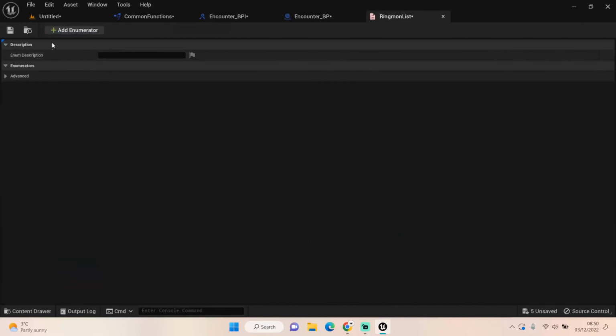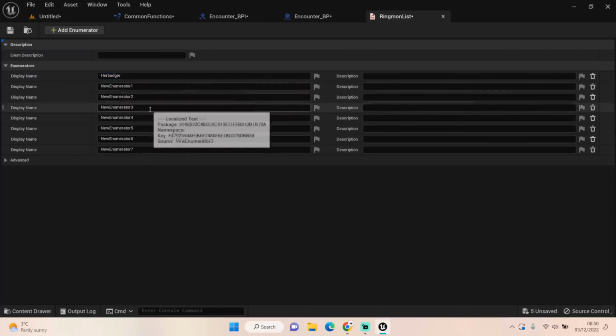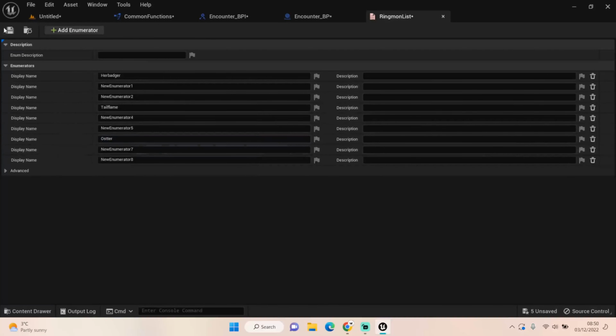And we'll literally just add a bunch. First one being Herbadger. The next one will be Hisevos. The next one will be Tailflame. And then the third one will be Oster. I'll keep the other evolutions under wraps for now. So now that we have this,